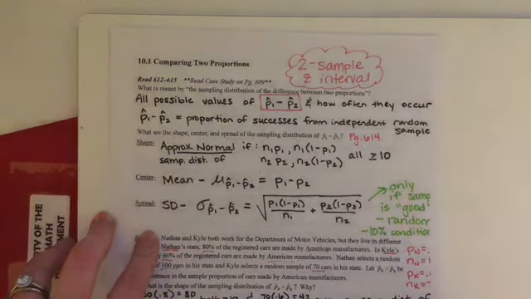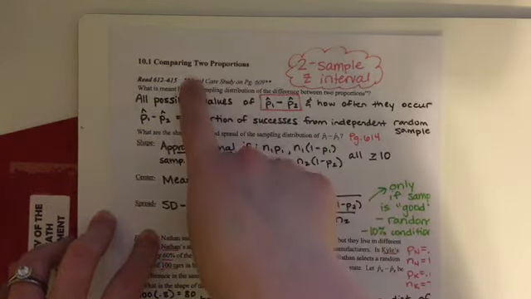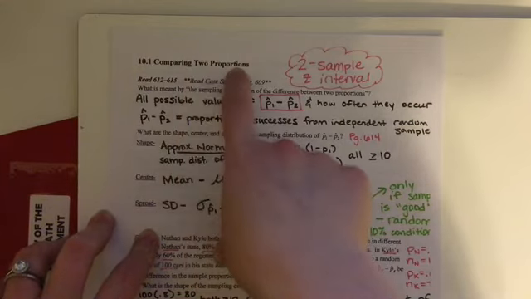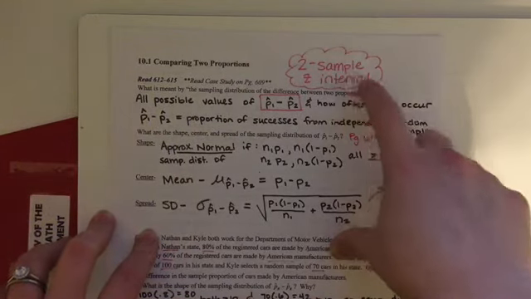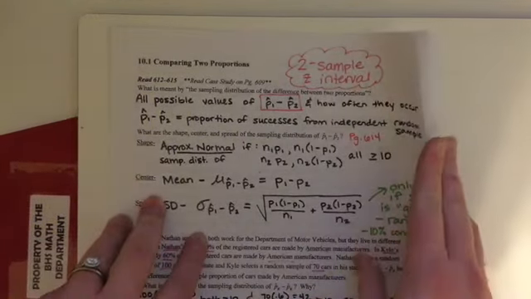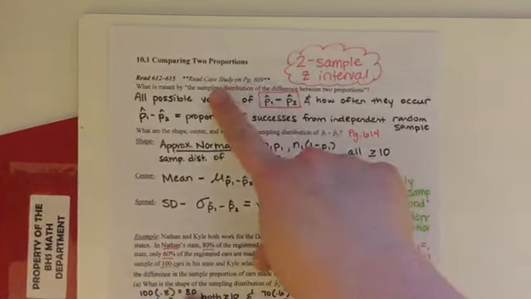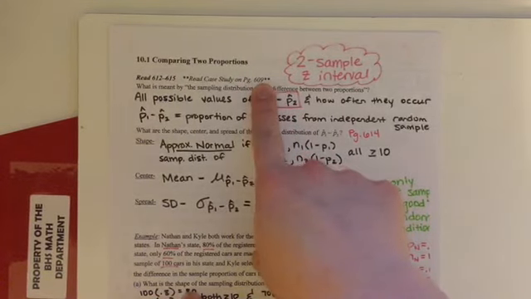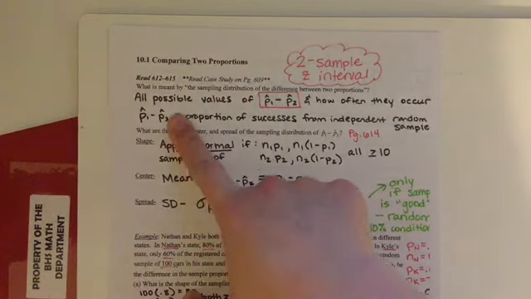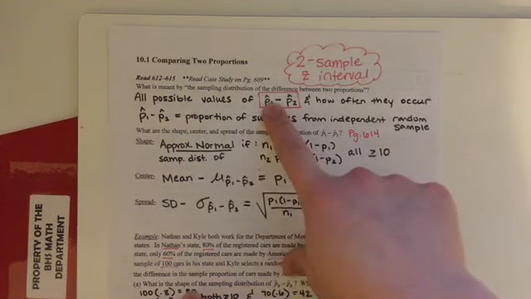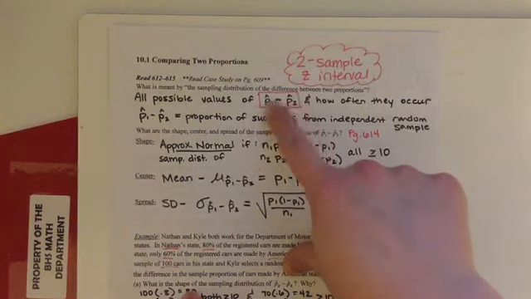So 10.1 is talking about proportions, but what we're going to start looking at is how we compare two proportions. So it's a two sample. We'll start with z interval, and then eventually we'll do z-test. So we'll do all of that today. So I do have some pages I recommend. You can always, again, pause and go read the book if you would like. But basic idea is instead of just looking at one p-hat, we're looking at how two different sample proportions compare